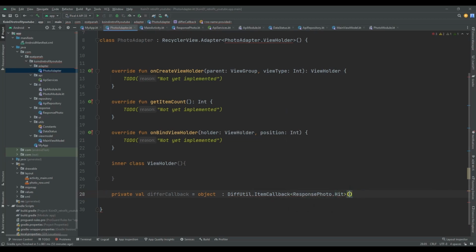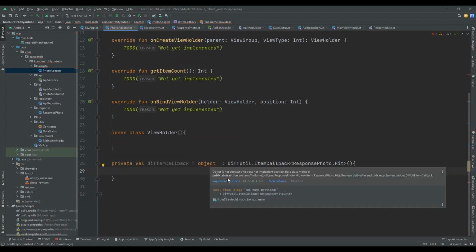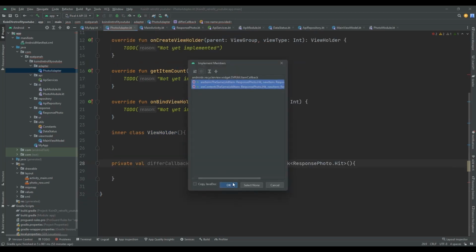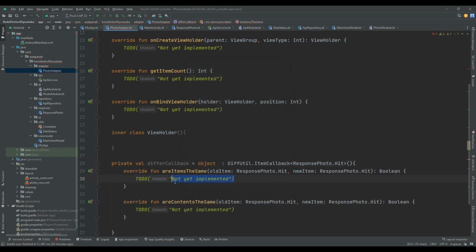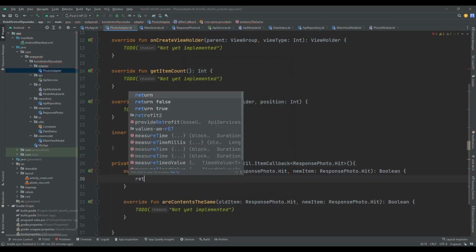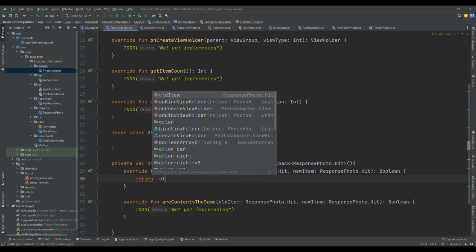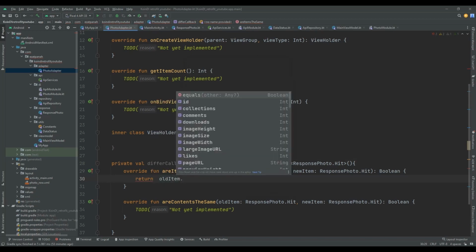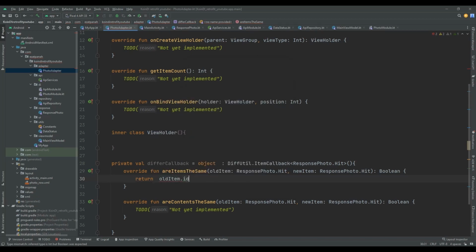So then here I need to implement two methods. So for the first method I should return old item dot id compared with new item dot id, and somewhat the same with a little bit of changes with